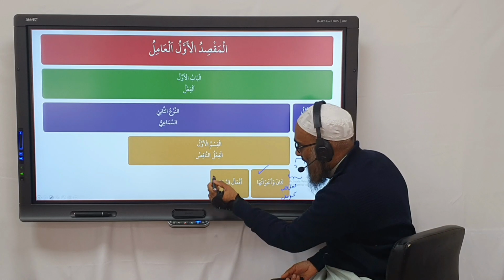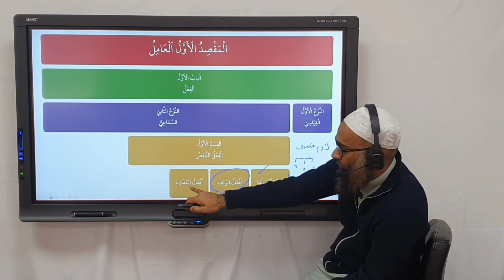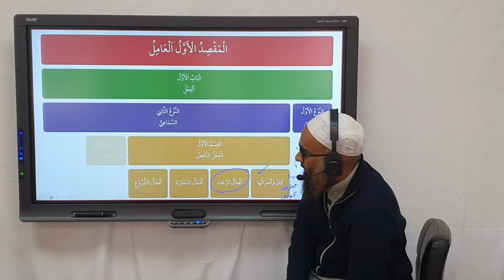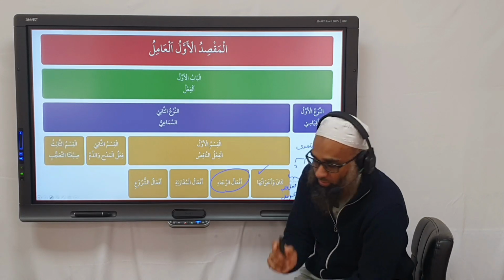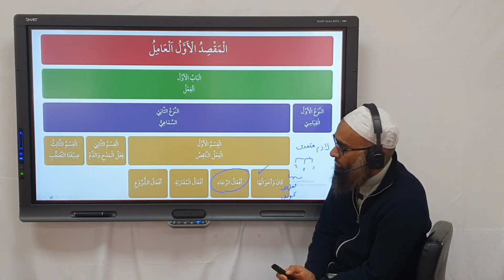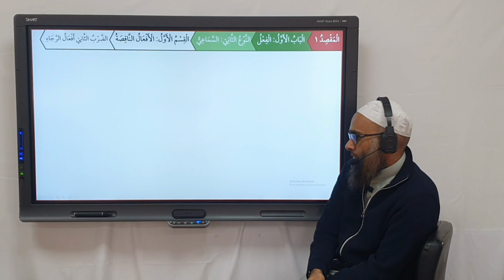Now today's lesson is أفعال الرجاء, and then we move on to أفعال المقاربة and then أفعال الشروط. Then مدح and dam, and then the two sigas of ta'ajjuh. We already went through the summary in Sughra, so we finish this off inshallah.